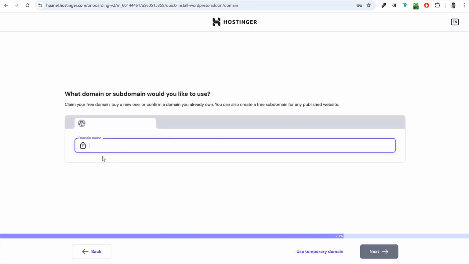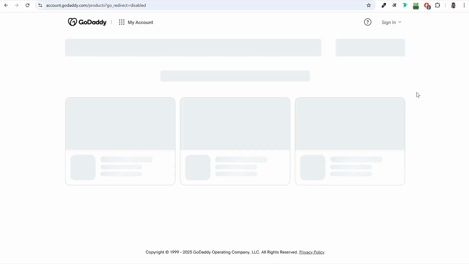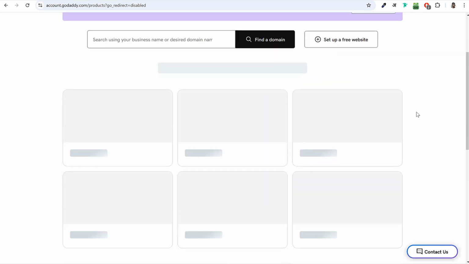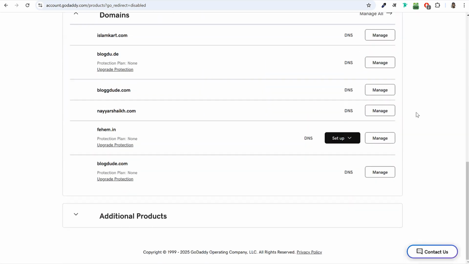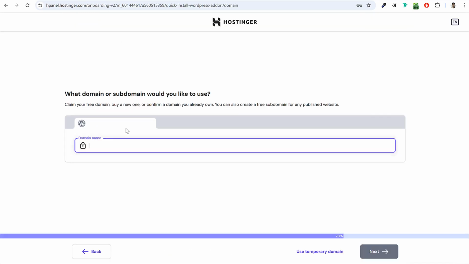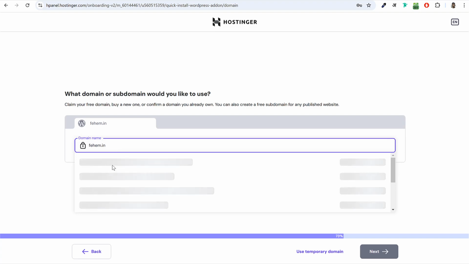Then it's time for domain name. If you want to create a new website, you can purchase a new domain name. You can just type in that domain and purchase it from here. Or if you already have a domain name registered, for example, I have a domain name registered on GoDaddy. If I go back to godaddy.com, as you can see, on my GoDaddy account I have registered some domain names. Suppose I want to use this domain name, fahem.in. I'll simply copy this domain, paste it over here,